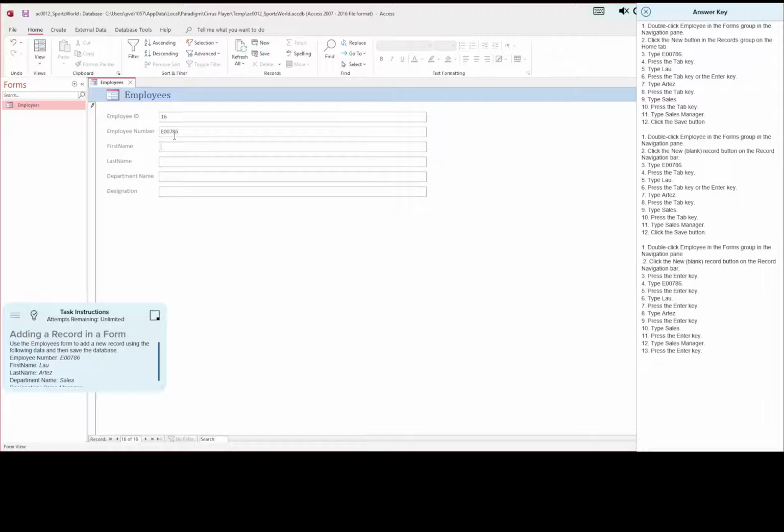I'm going to press my tab key again. They don't tell us that. So click, make sure you're in your employee ID when you put in that number right there. All right. That's important. Okay. First name, Lau. Tab key, Ortiz, double checking my spelling, and we're going to work in the sales department